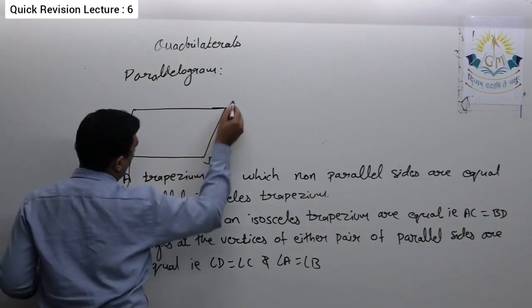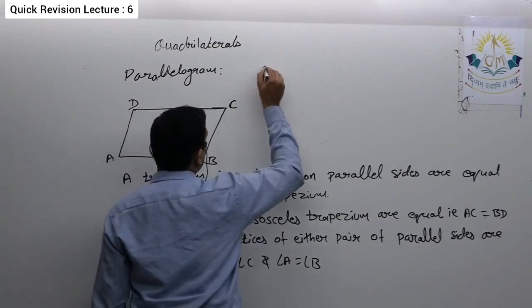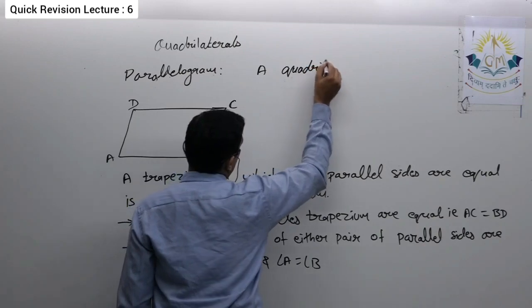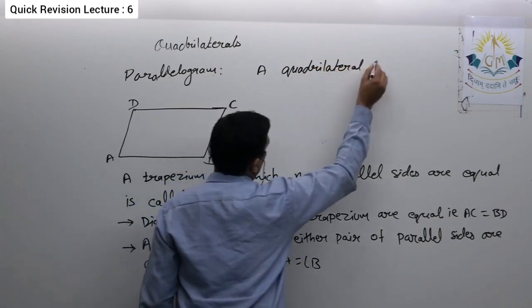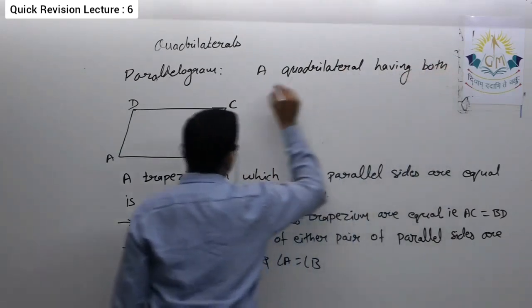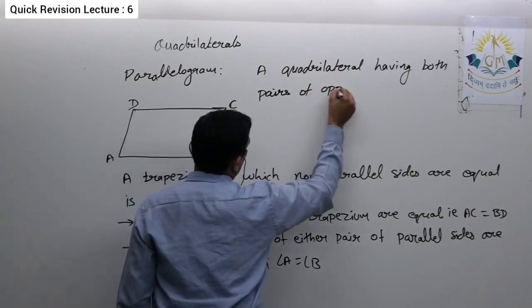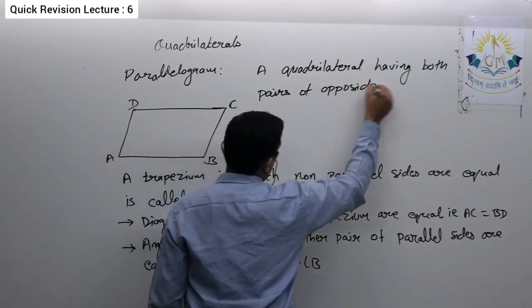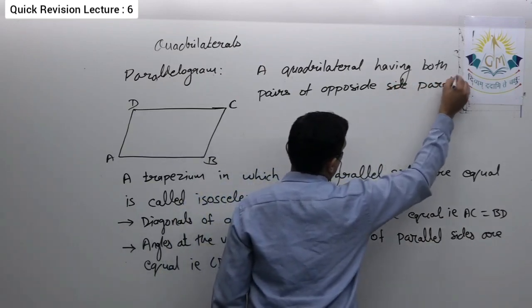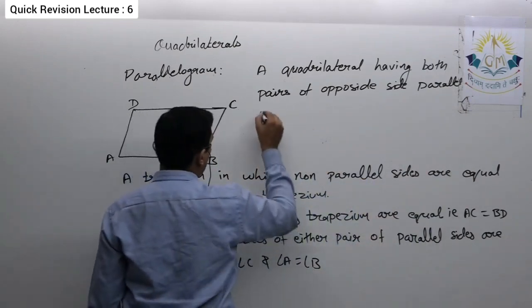That means both pairs of opposite sides are parallel. So here we'll define it: a quadrilateral having both pairs of opposite sides parallel